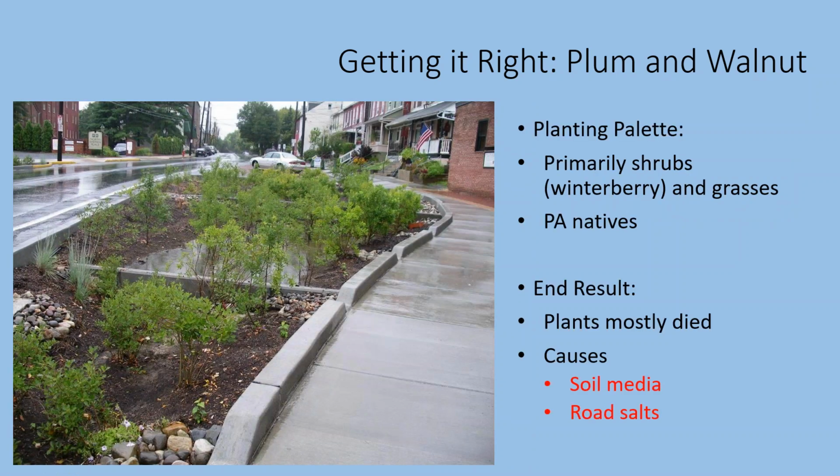So this was the original planting. You can see that it's pretty sparse. There's a lot of mulch inside those rain gardens, and the slopes nearest the curb are relatively steep. So a lot of the water that's intended to be managed by the plants isn't actually reaching the plants at all. The planting palette was something that we're certainly happy to use where we can. It involved a lot of shrubs and grasses, mostly specific to Pennsylvania. But the bioretention mix was not a native Pennsylvania mix, so that was one count against the plants.